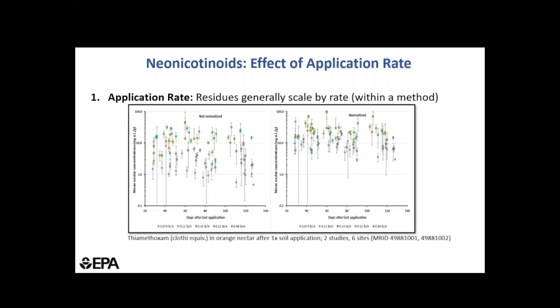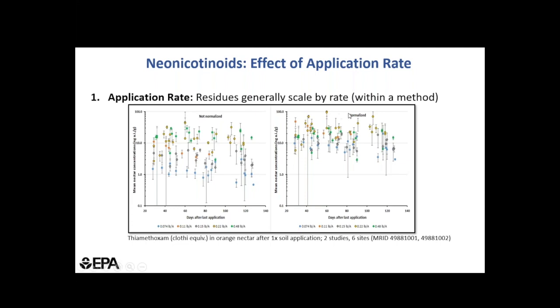And to demonstrate this, the plot on the left shows residues measured in orange nectar of thiamethoxam after soil application. In this case, the residues are not normalized to application rate, and they're reflecting application rates that range from about 0.07 pounds to about 0.5 pounds, so almost an order of magnitude. And they're color coded as such, so you can see how they're sort of falling out in accordance with application